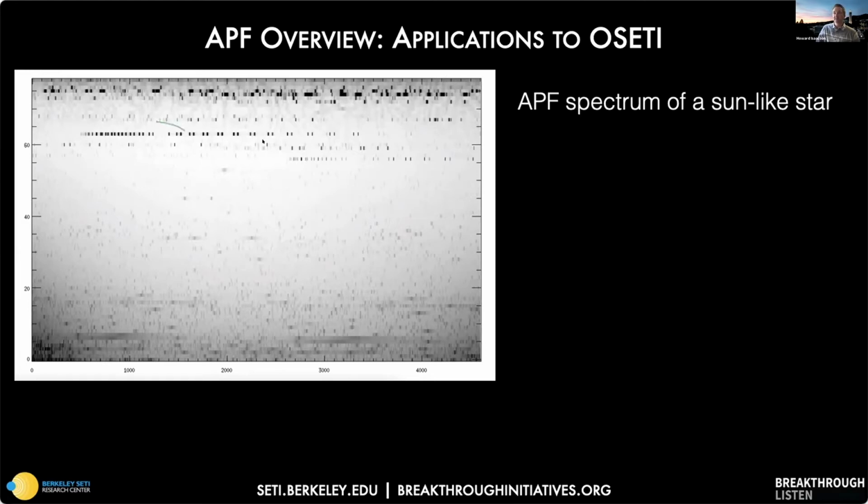So at the top, you can see some telluric spectral features, these very regularly spaced features up here. You can see some of the weaker features now here at the bottom, sodium D in the middle here, H alpha. And you can see that while this is a nice bright spectrum of a sun-like star, if we,